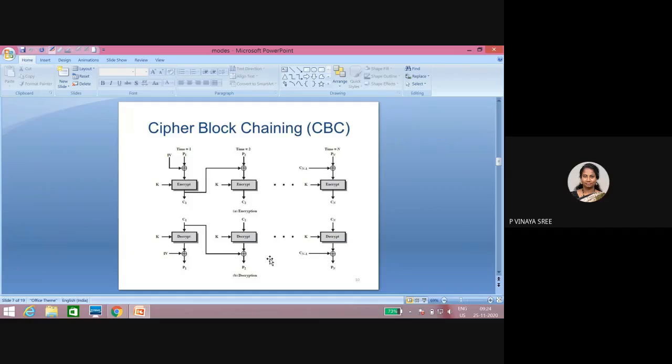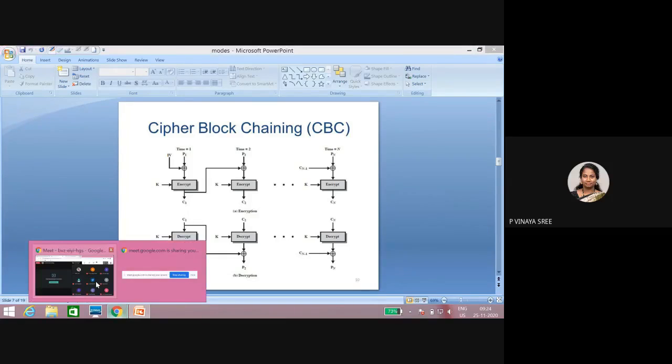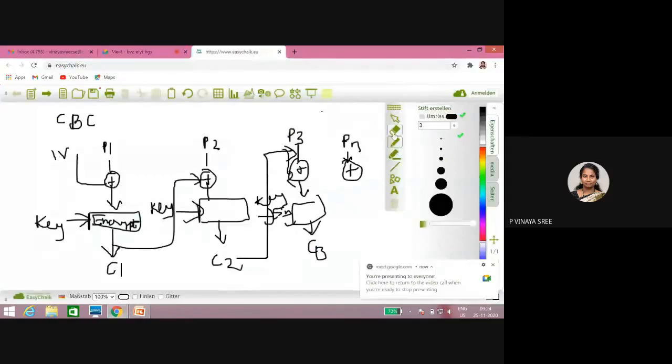Now coming to decryption, it will be in reverse order. We take a ciphertext and process it with the key. Are we doing encryption or decryption? Encryption is over, we are doing decryption. So in decryption, what we have to do is take the generated ciphertext that we receive on this side.